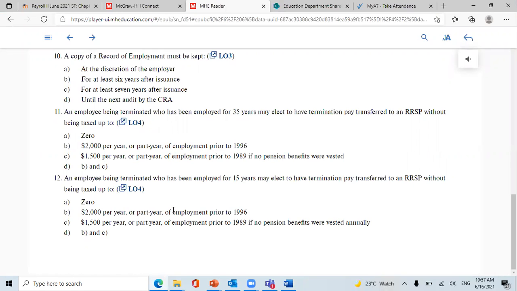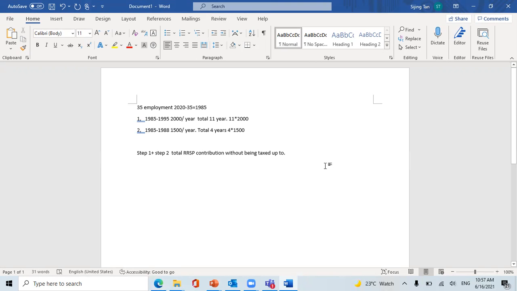But for your question 12, it says an employee being terminated who has been employed for 15 years may elect to have termination pay transferred to RSP without being taxable. So for 15 years, we use the same calculation. If it's only working for 15 years, we use 2020 minus 15 equals 2005. So what is the total amount? That means it's 0, right? So please remember